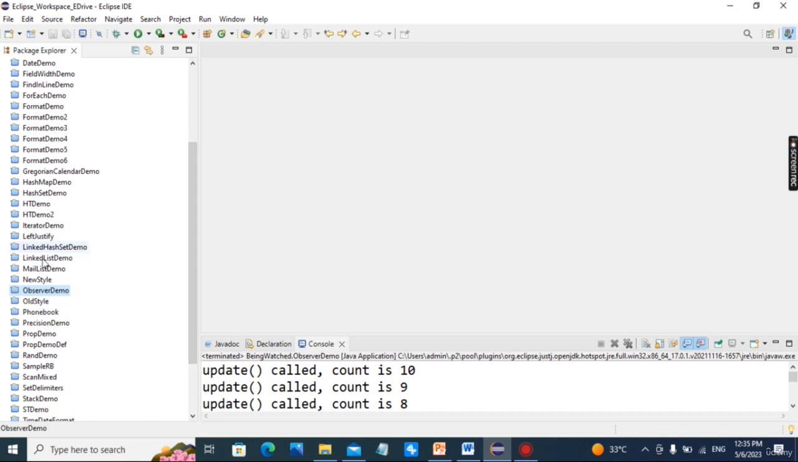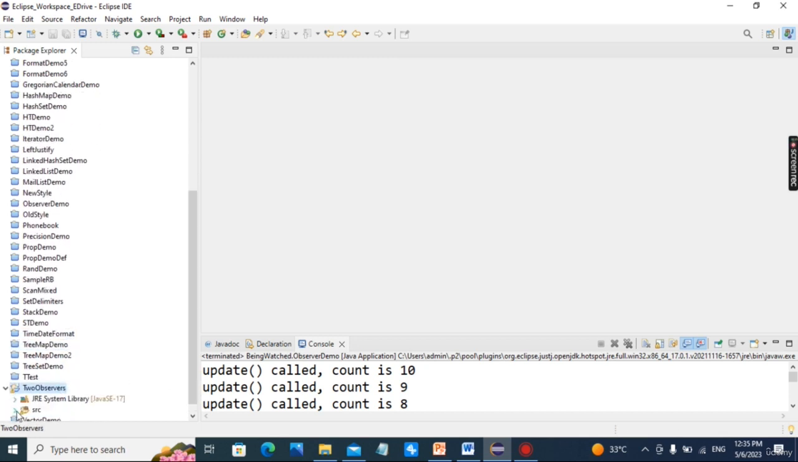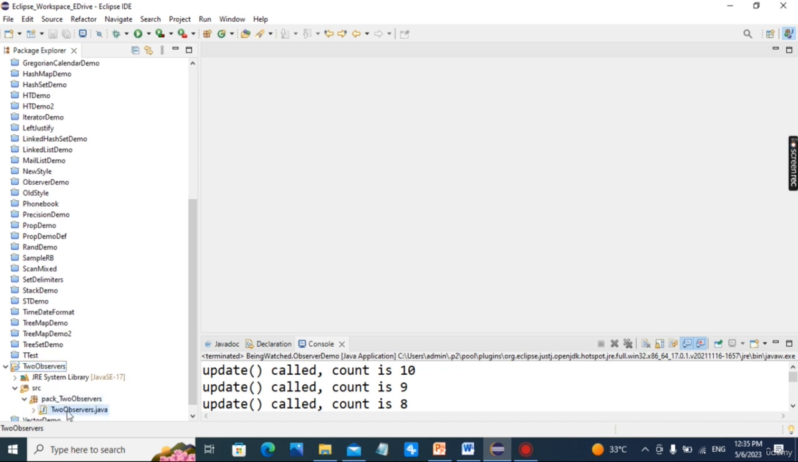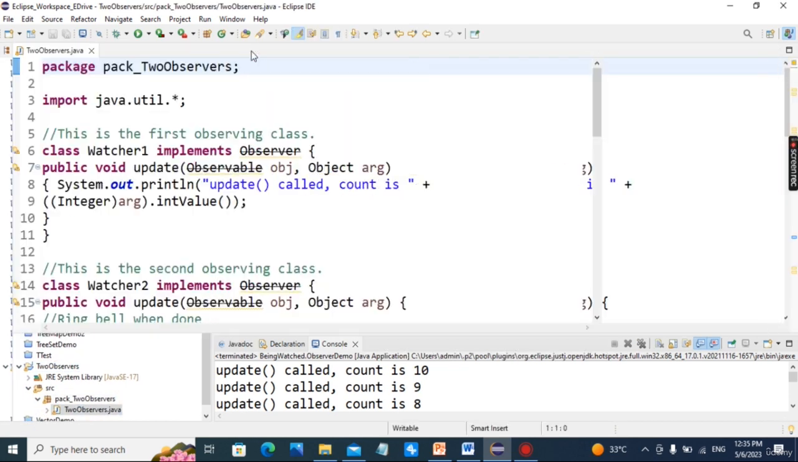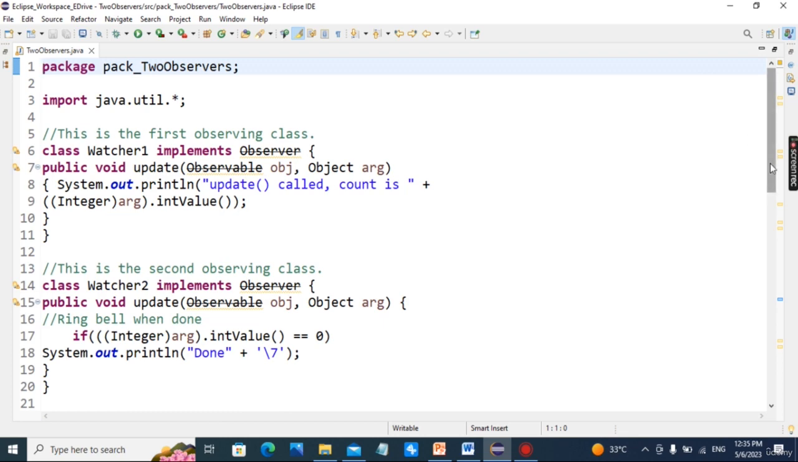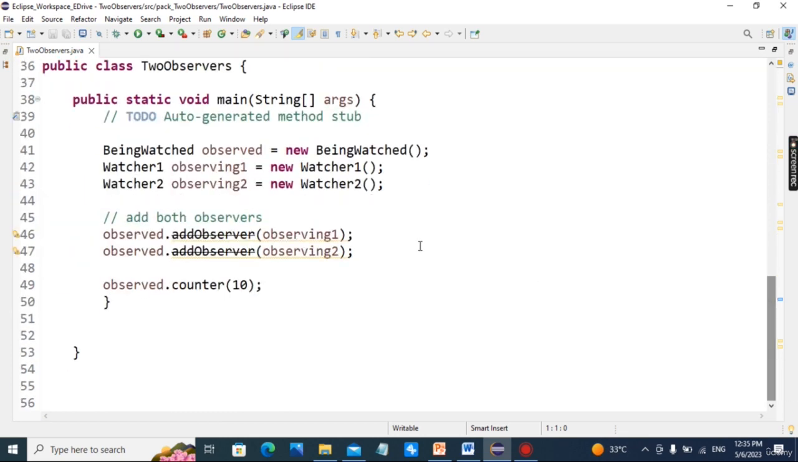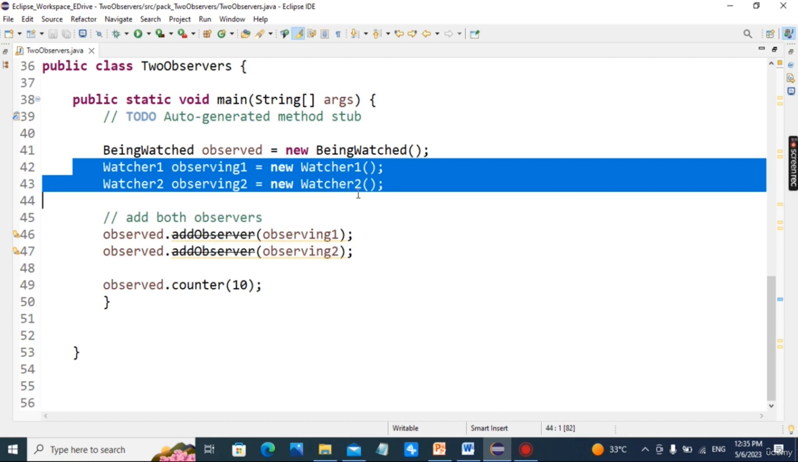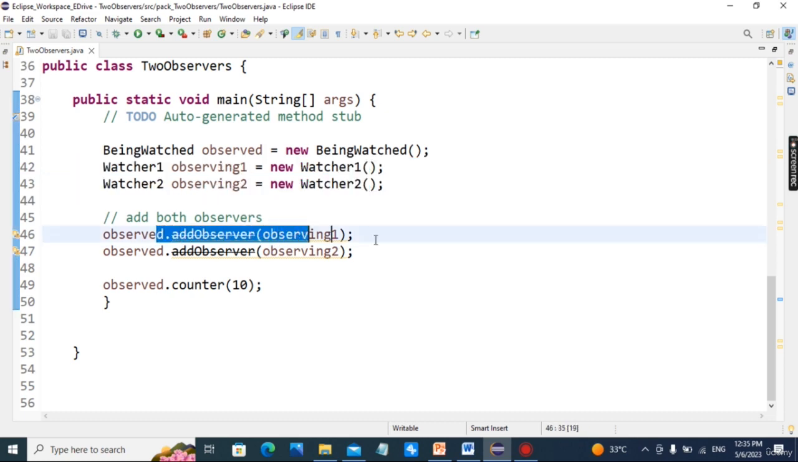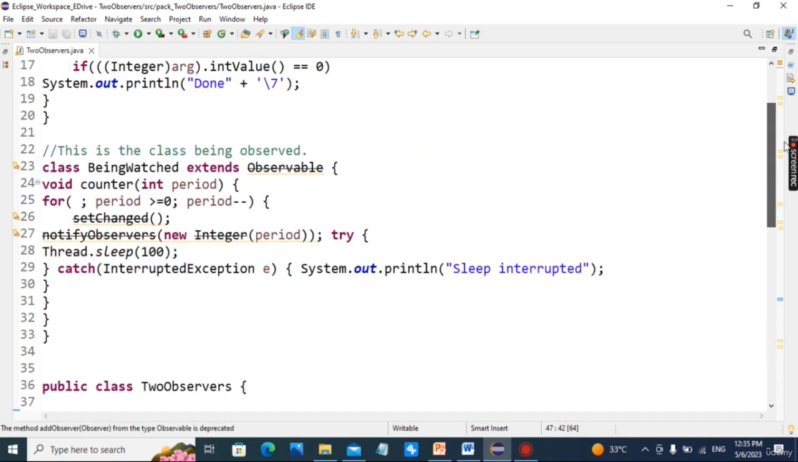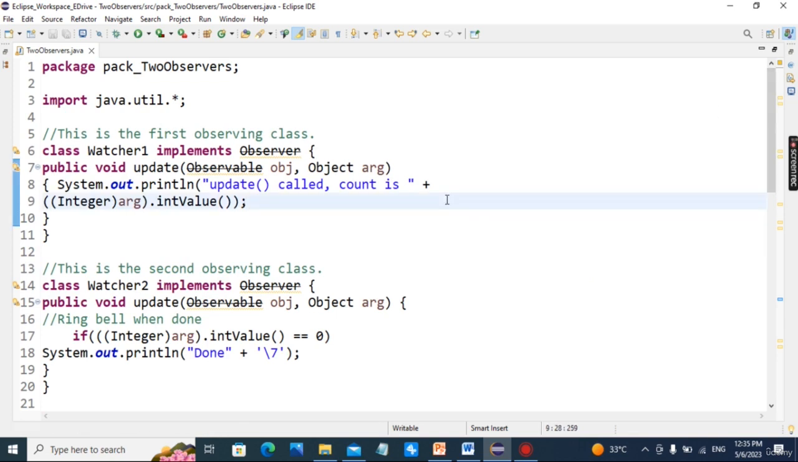Now, next is two observers. Here also the same thing is there, but two observers are added. First is watcher 1, second is watcher 2, and watcher 1 and 2 are added as observers to the observed class. The observed class is still the same, being watched. First observing is called, update is called, and the count is